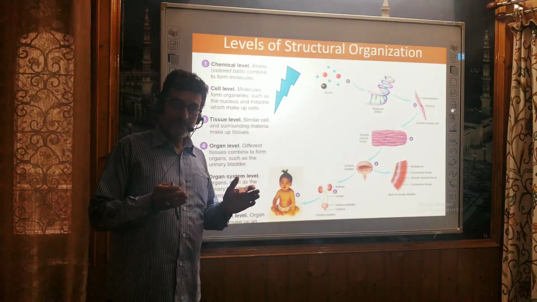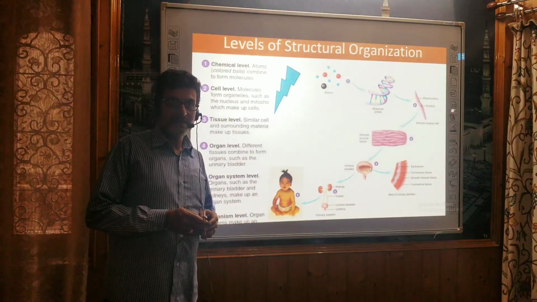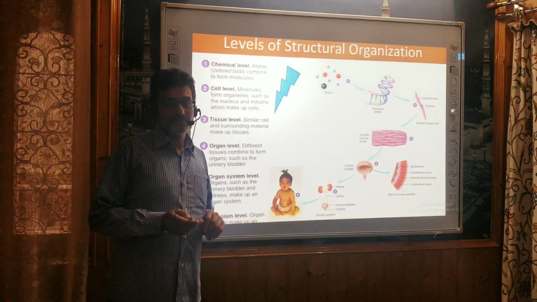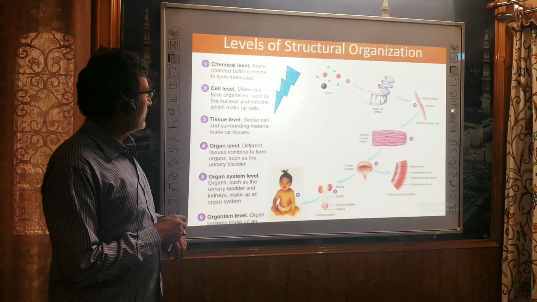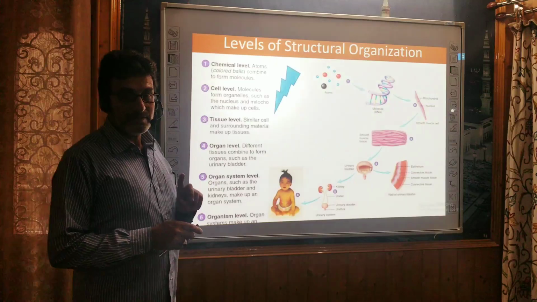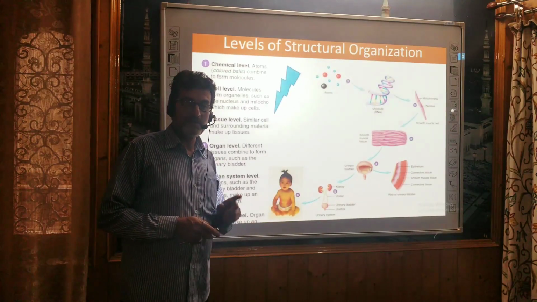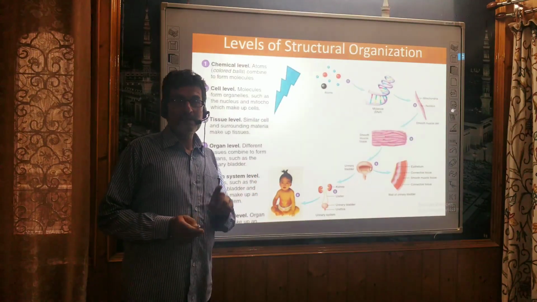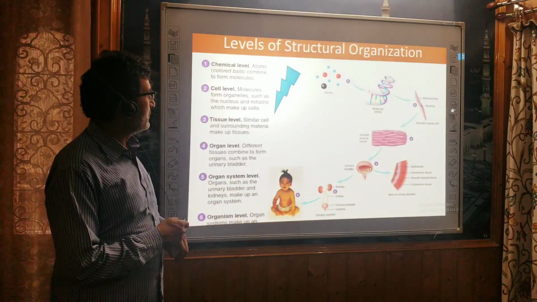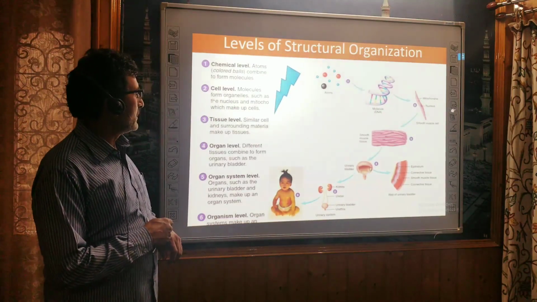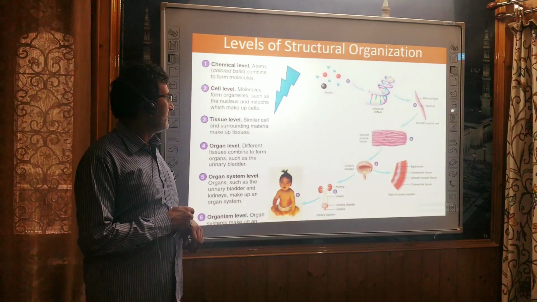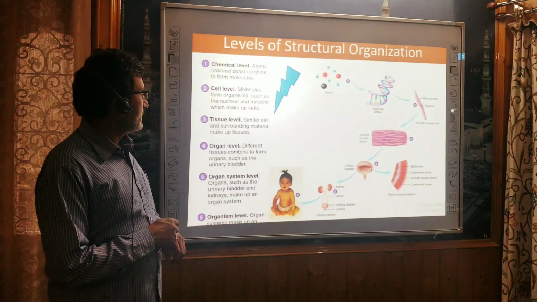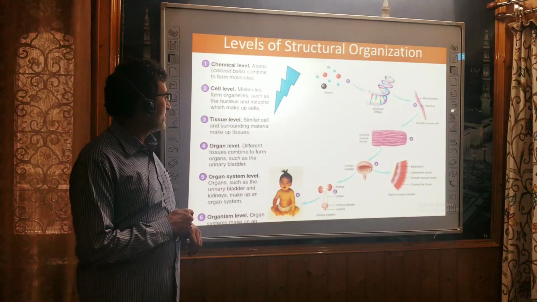The cell has different components. It has different organelles, and those organelles have different biological functions. For example, mitochondria, we call it the powerhouse of the cell. Each and every cell needs energy. That energy we derive from food. That energy is ultimately required in the form of ATP, that is adenosine triphosphate. The nucleus is called the controlling tower of the cell, and the mitochondria is called the powerhouse of the cell. The nucleus controls all the activities, so it is the controlling tower.